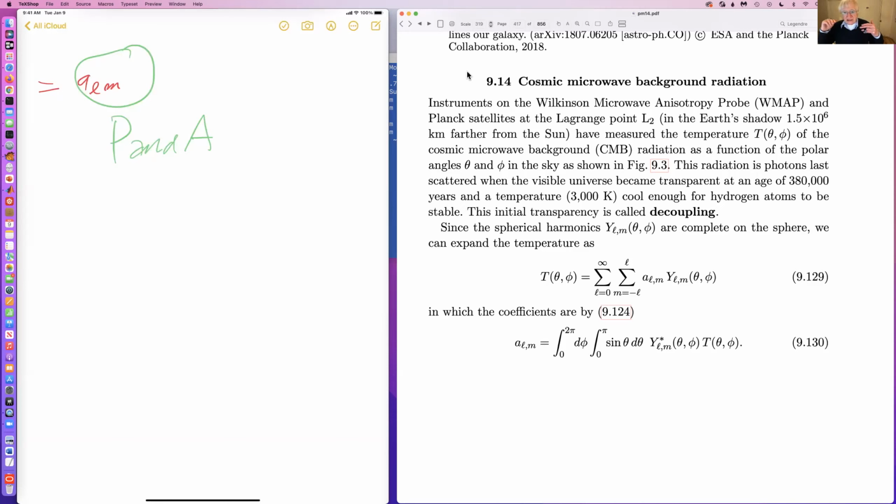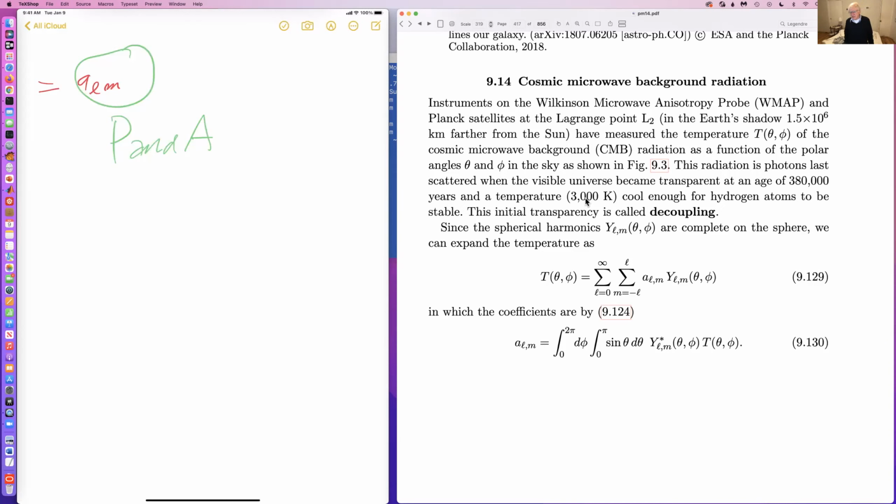And the universe became transparent when the temperature of the universe dropped enough so that the hydrogen atoms were basically in their ground state, and the temperature was well below 13.6 electron volts, whatever that is in Kelvin. That's around 1,000 degrees Kelvin, I think. Actually 3,000 now that I see it here. And at 3,000,